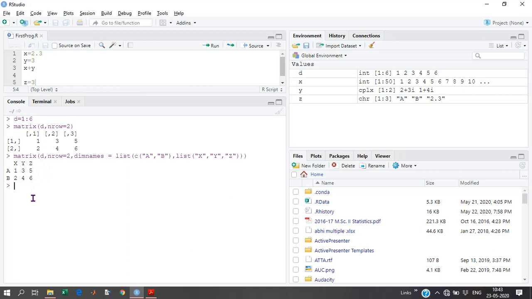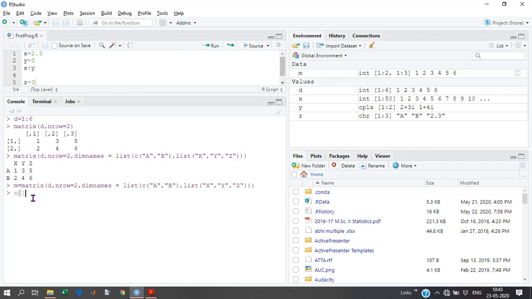Okay, what if I wanted to access elements of this matrix? Let's store this matrix in small m. Now to access the first row, first column, it will show 1. What if I have given only the row number?